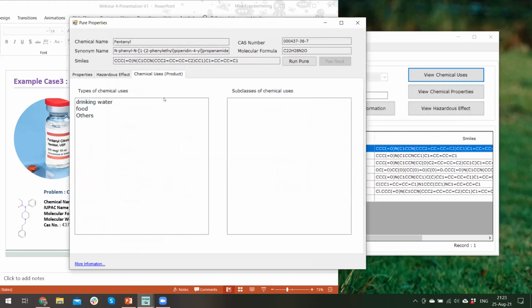Click on each type to see its subclass. For example, drinking water. Fentanyl can be used as a detector to detect contaminants from drinking water. And according to the presentation, Orakotch has mentioned that fentanyl should be used in a small amount. So we will show you why by switching